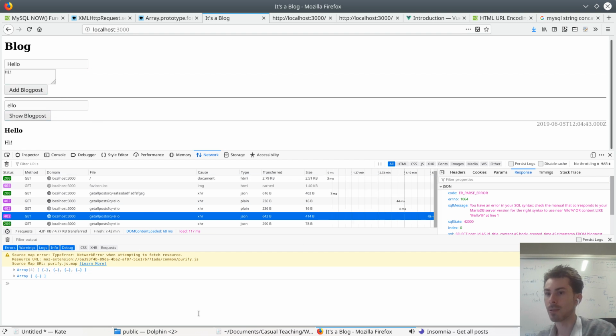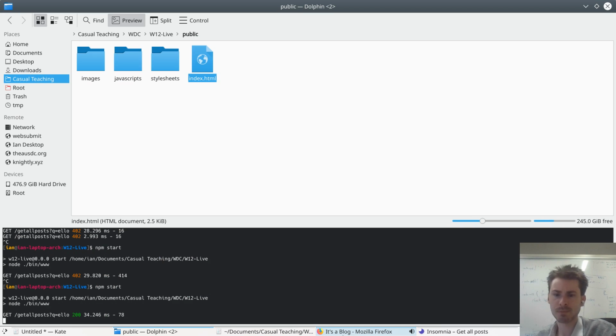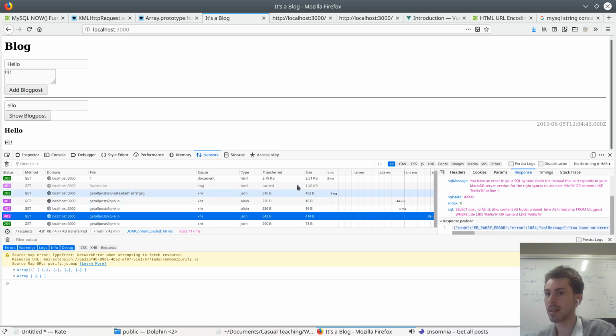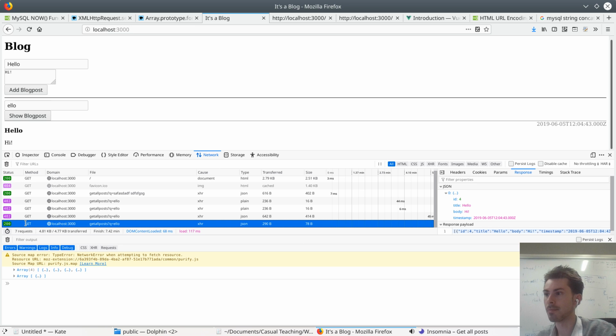Okay, that seems to have worked. So the wildcard characters we can put into our query parameters like that, and that seems to be okay. Okay, so there you go. That's how you do that with prepared statements. In fact,